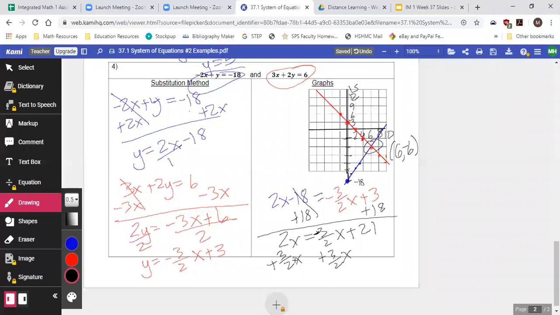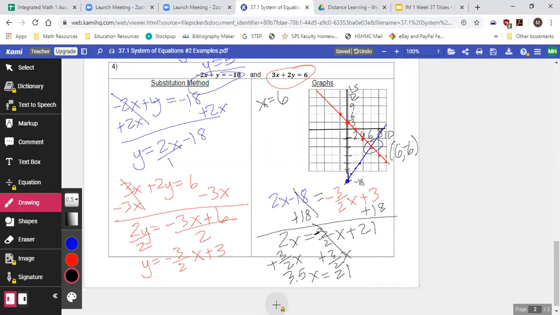So 2 plus 1.5 is going to be 3.5x. So 3.5x is equal to 21. And then we divide both sides by 3.5. And I believe it ended up being 6. So 21 divided by 3.5 ended up being 6. And then once you get x equals 6, you plug it back into the original equation,